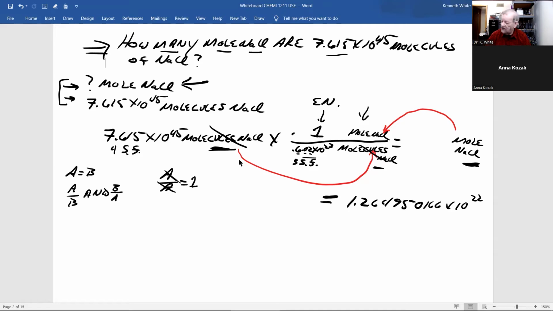I'll let you do that first, then I'll do it. Round 1.264950166 times 10 to the 22nd to 3 significant figures. And it's my turn. Keep the 1, keep the 2, keep the 6. Use the 4 to round off. That's 4 or less. So I drop all this. And the correct answer with proper significant figures